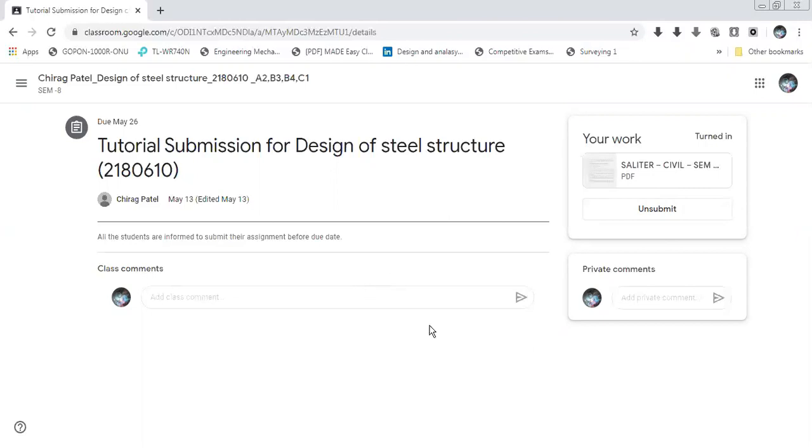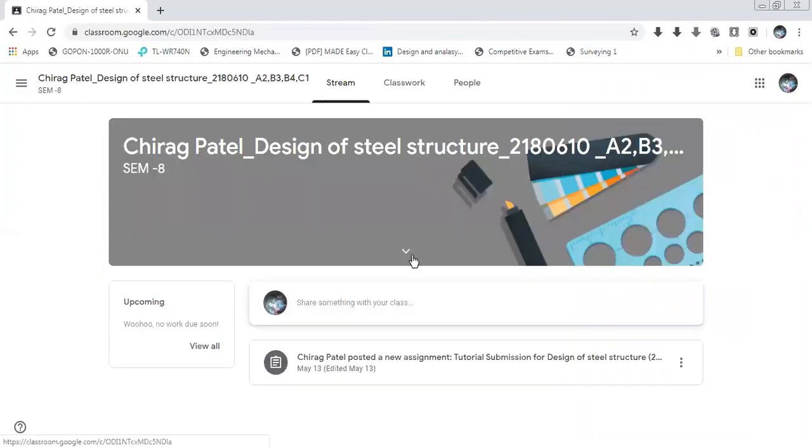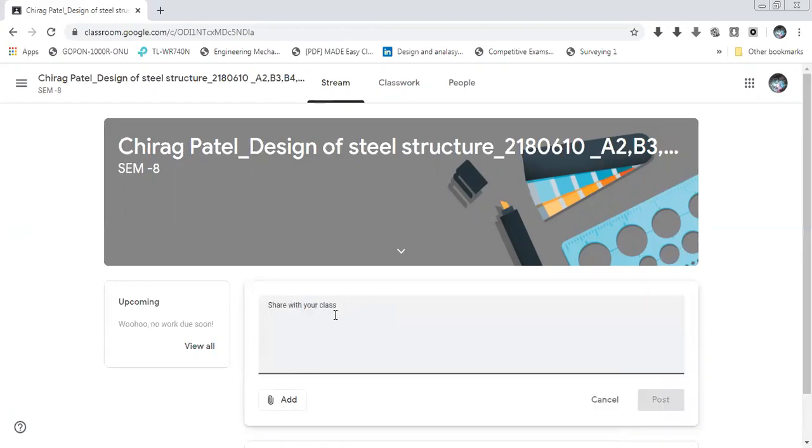Now one more thing to remember: whenever you go into the classroom, on the home page, suppose it is the home page of the Google Classroom of Chirag Patel, here one line is given that says "Share something with your class". Don't upload, again I am telling, don't upload your PDF file here. It is also possible to upload a file here. Just see, click on Share, you are also able to add a file here. But remember, this file is in general and can be downloaded by other students also. They are able to view your file also.